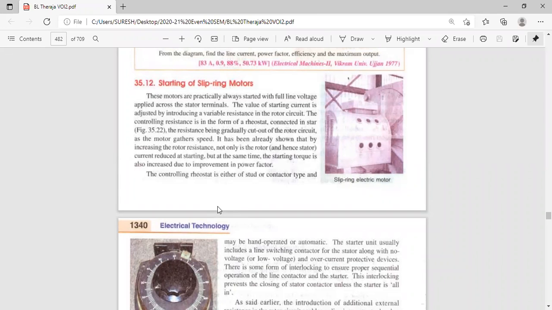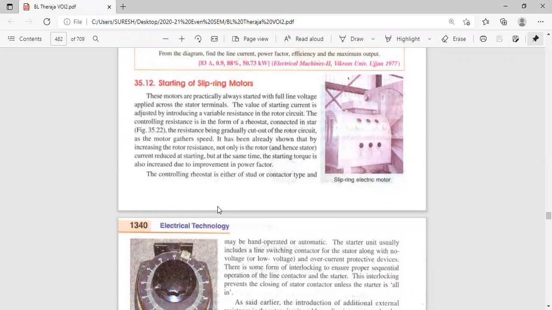Initially, the current is very high. We have to reduce the current, and torque has to be increased. Current is increasing by 7 times, but torque is increasing by only 1.5 times. So we are reducing the current. Mainly the current has to be decreased initially. If you do not decrease the current, it will burn out the windings. Resistance will oppose the current. That's why we add some resistance. That is the reason for using the starting methods.